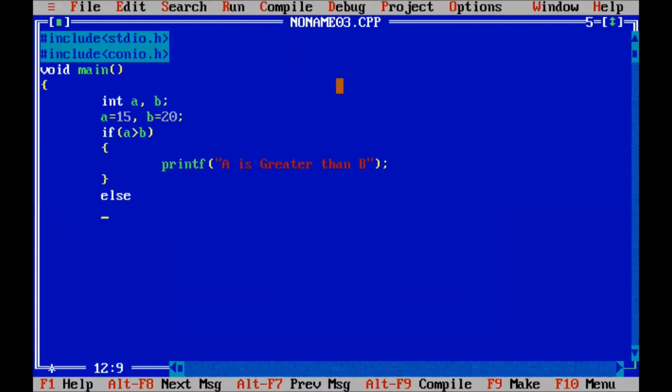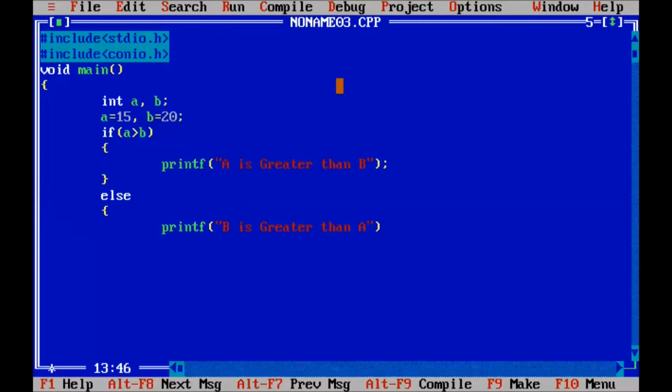Here we write the second condition, printf "b is greater than a".